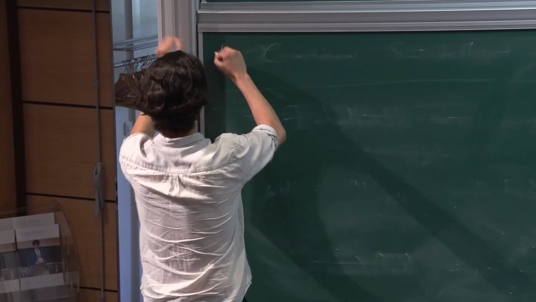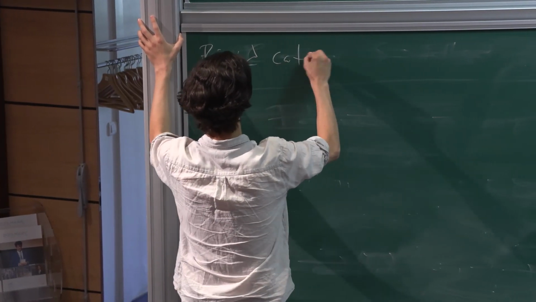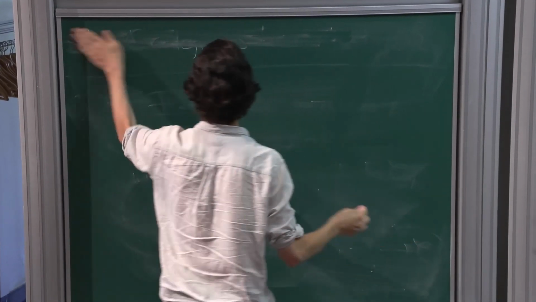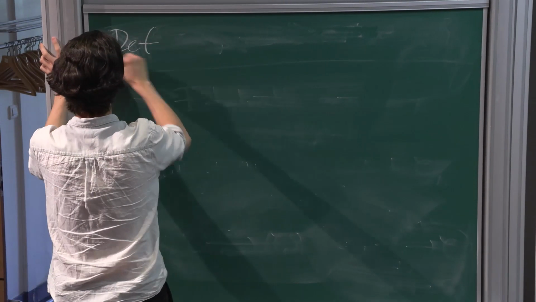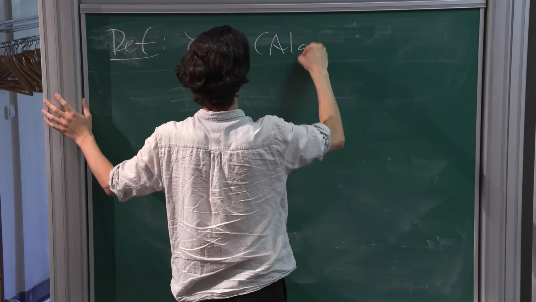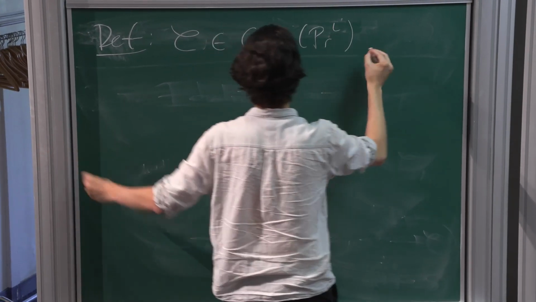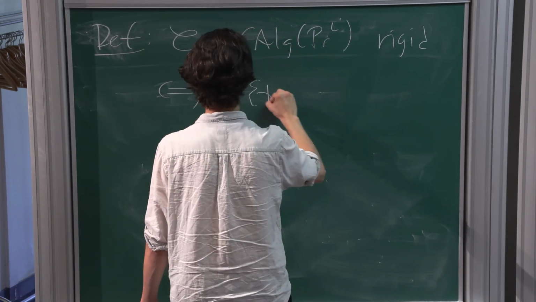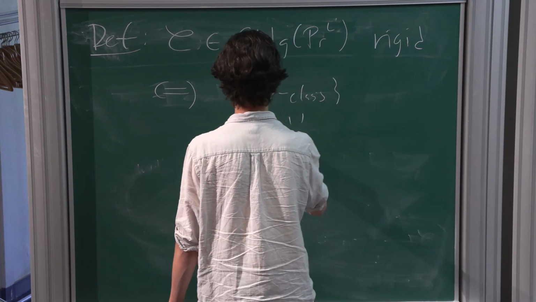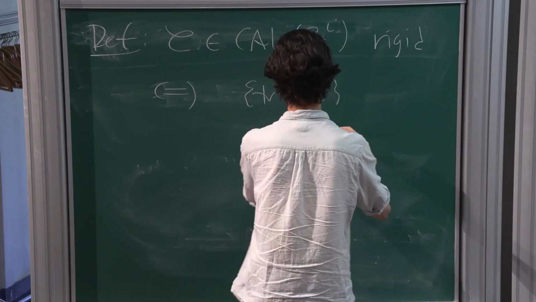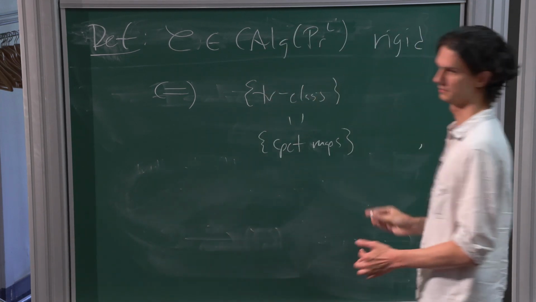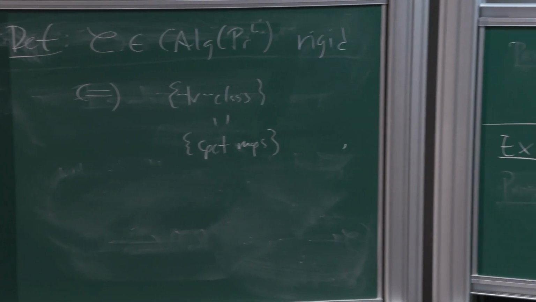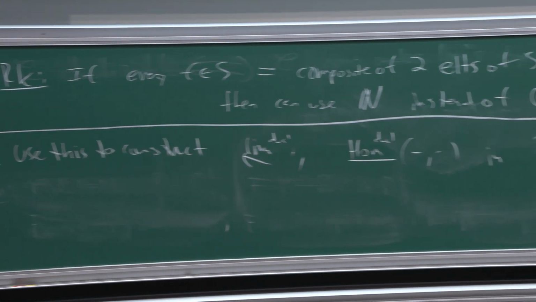So rigid categories have magical properties. Oh, I didn't define it. Sorry. C in CAlg(Pr^L) is rigid if and only if the collection of trace class maps is the same as the collection of compact maps. So if C is compactly generated, it's the same thing as saying that the...